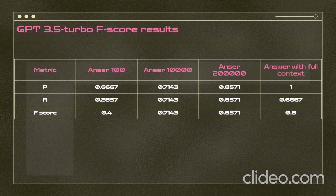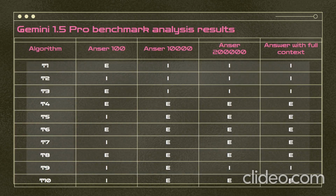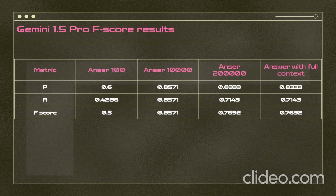And now let's take a look at the Gemini 1.5 Pro benchmarking analysis results. This table simply contains the answers. So here we have the calculated F-score results of Gemini 1.5 Pro for each of the scenarios we tested. And Gemini models demonstrate consistent accuracy across all of the scenarios, which is great. We must admit that this model categorized all of our algorithms with a good F-score,